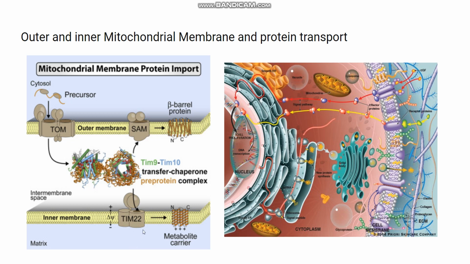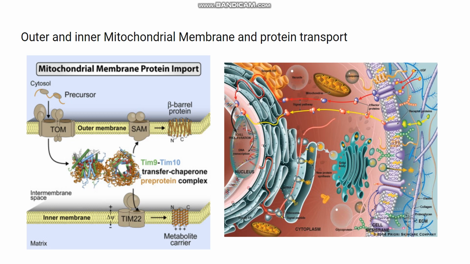And so this new channel opens, this TIM channel opens, and it'll push this unfolded protein inside the matrix, where it can then be utilized as an enzyme in metabolic processes, right? And from here we have different enzymes, proteinases, which will then fold the protein in a specific way, which will activate the protein, and it can be utilized, for example, in metabolic processes. Okay, so this is the outer and inner mitochondrial function of protein transport. You're moving proteins through, right,